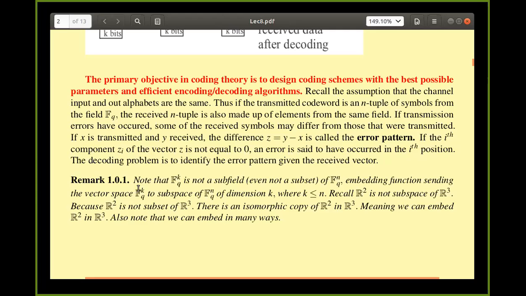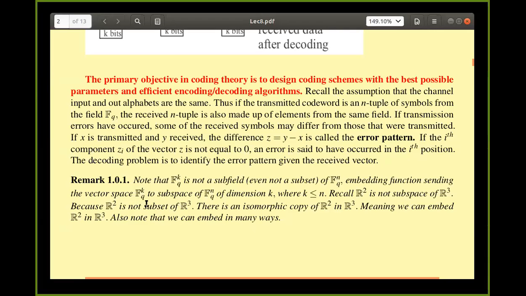Are there any other planes isomorphic to R2? Other things isomorphic to R2? Any plane which passes through origin. Very good. So any plane which is passing through origin. But how do you get those? Any plane passing through origin? Very good. How do you get that? How do I get a plane passing through origin?